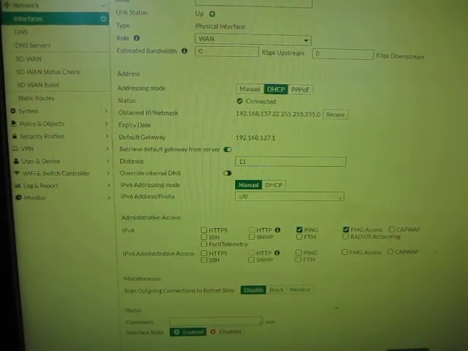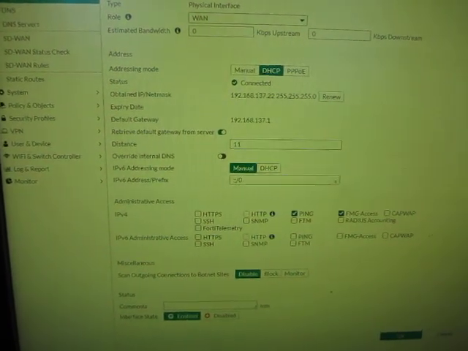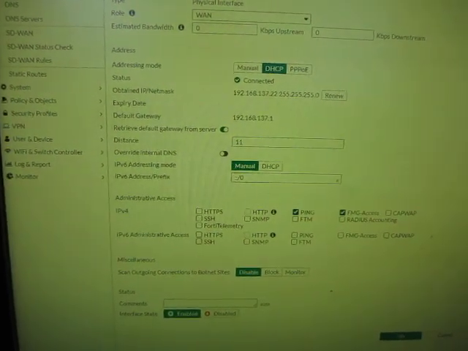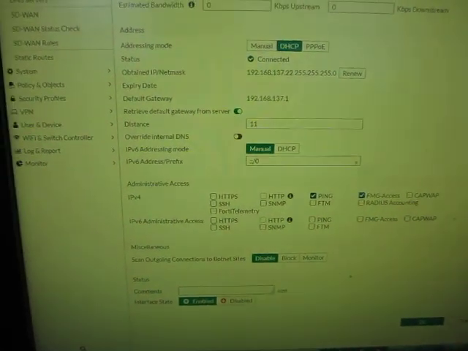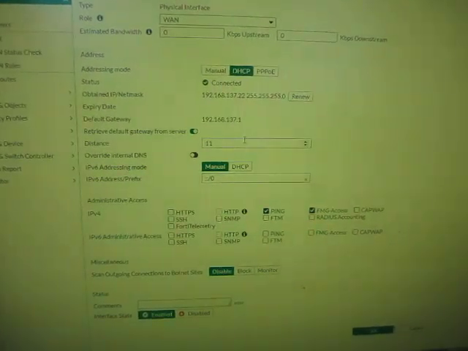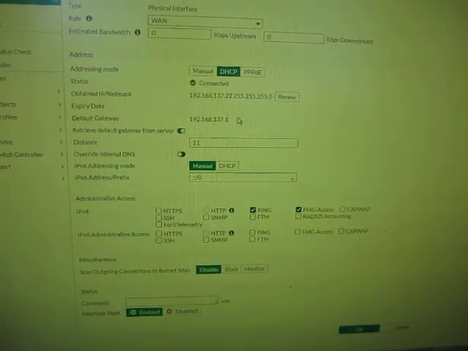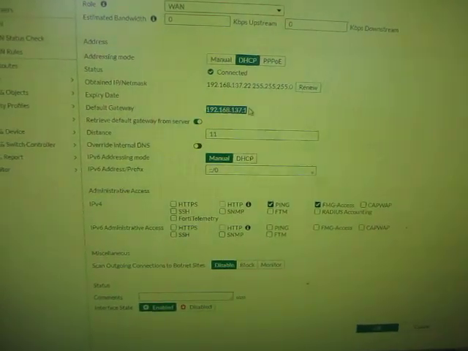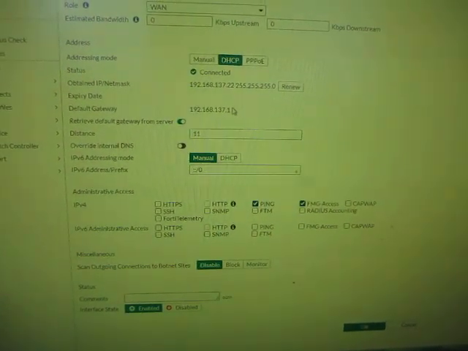So this is the interfaces page for the WAN 2 interface. There's obviously a corresponding one for WAN 1, which I won't go into. But the important things here, the distance here I've set to 11, so this is greater than the distance for the WAN 1 interface, which is the important thing. And you'll notice the default gateway here, that address is actually the default IP address used by Windows